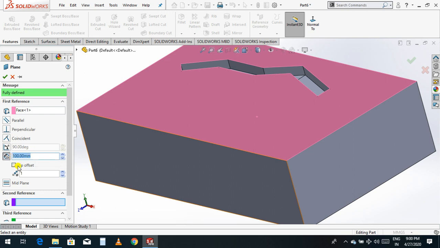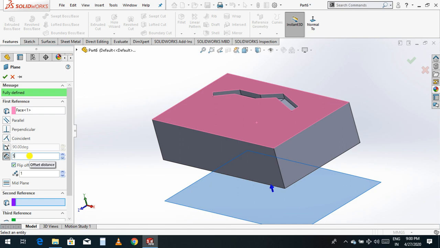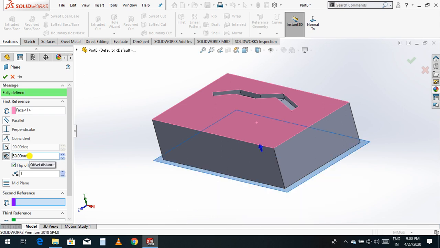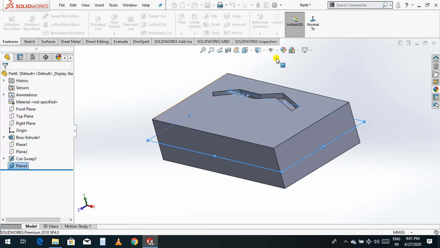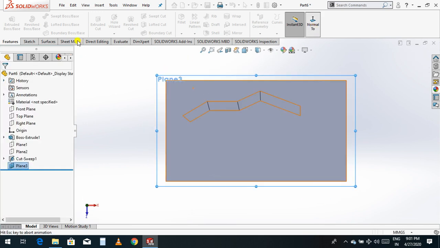Change the flip side and give it 50. That is on the surface, so I'll give it 25, so it will become the middle point. Okay, now go to normal, go to a sketch.